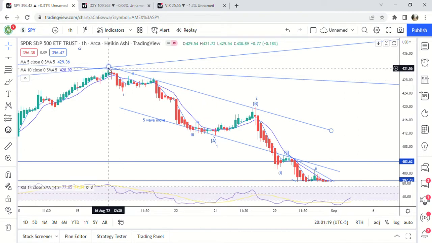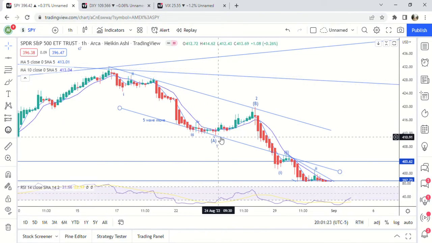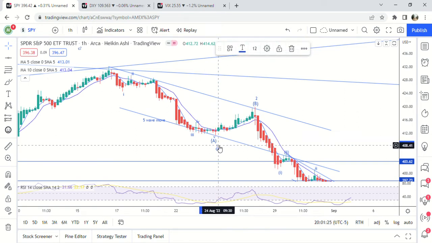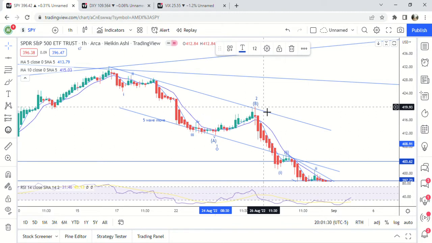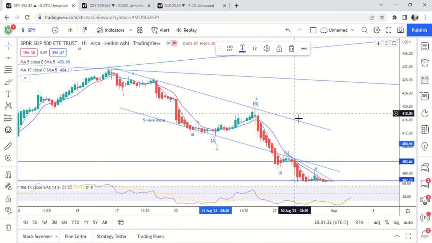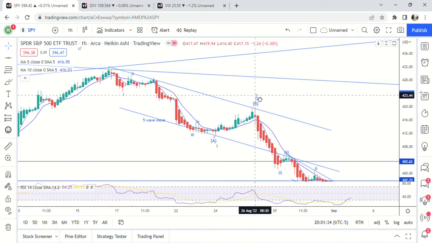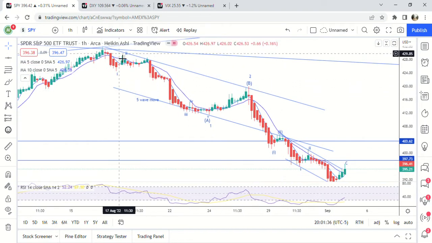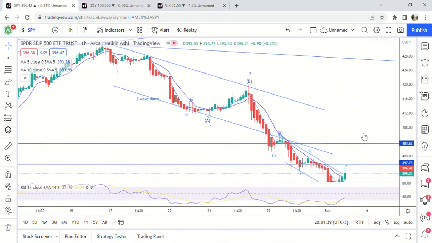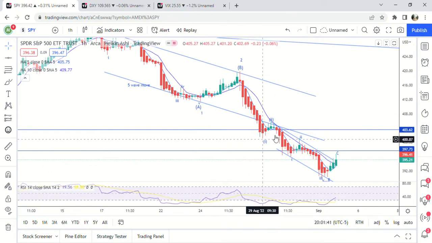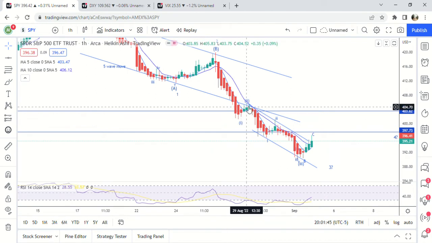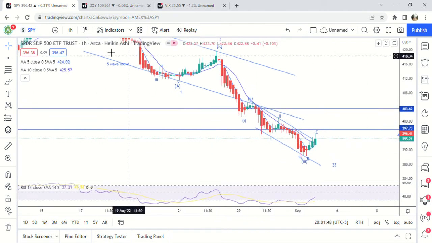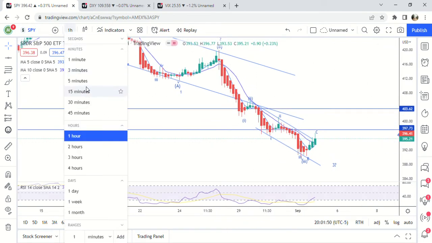I have us at 1, 2, 3, 4, 5. And if this is a 5-wave move, that would be 1. What threw me off is the second wave. The second wave only retraces to about the 0.38 fib, but we're going to label this as a number 2 right now. As you can see, the parallel line goes through this, and we have a 3rd wave right here, except for this is only labeled as the 1st wave, 2nd wave, and then if we zoom in here on the